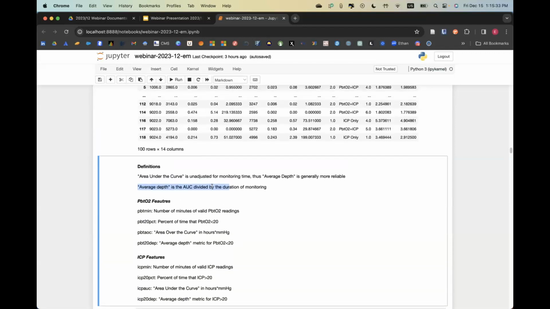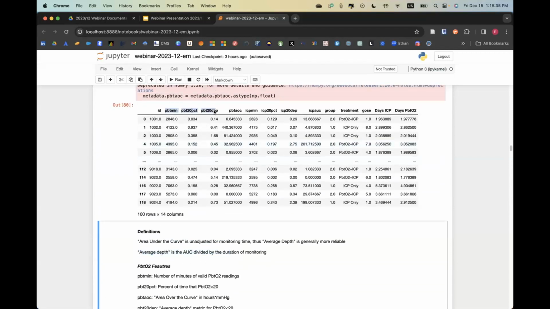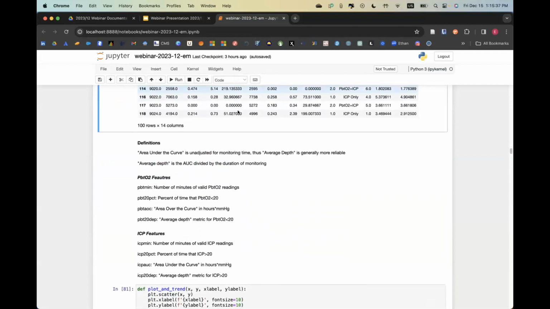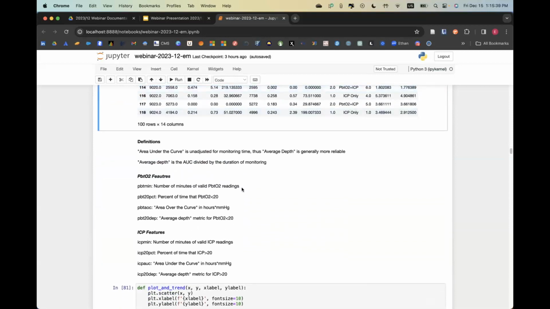So in terms of these first 4 columns that I talked about, we have PBT min, which is the number of valid PBTO2 readings. And they likely determine this through some sort of artifact detection algorithm or from labels that the CNS monitor actually gives the data. Then we have the percentage of time that PBTO2 is below 20.